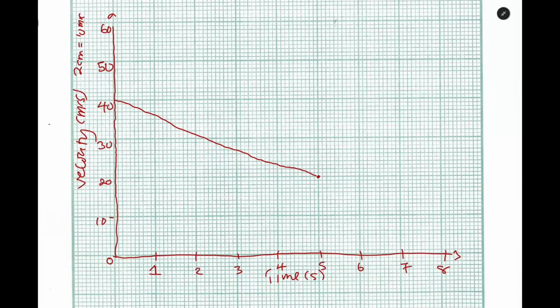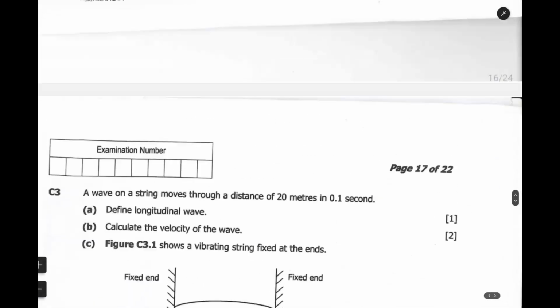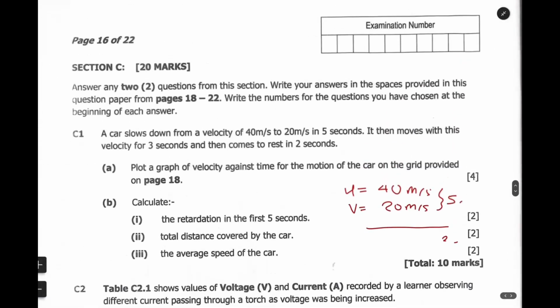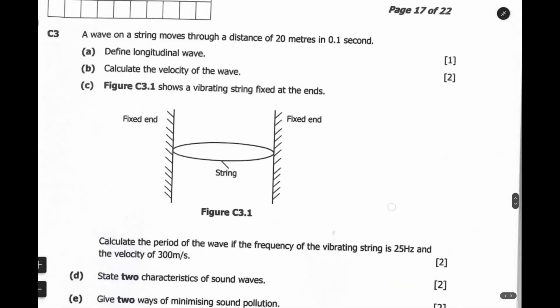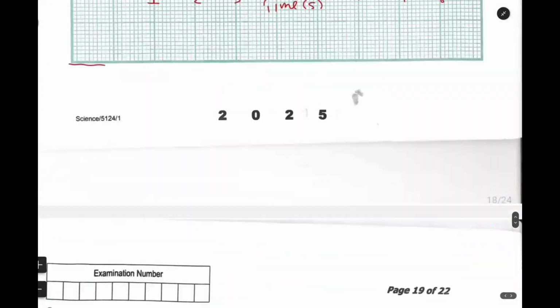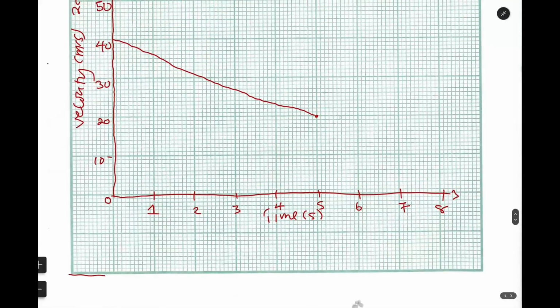Okay, this is 20 and maintained this velocity for how long? I guess we are going to produce the graph that is perfect. It maintained this velocity for 3 seconds and came to rest in 2 seconds. Maintained the velocity for 3 seconds, which means we are going to go from 5 up to time 8. Okay. So now we have run out of